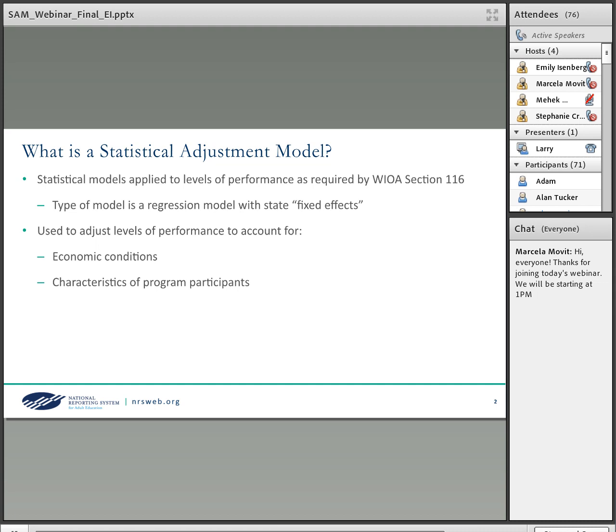What that means is, of course, there are certain variables we're going to really look at, listed here on the slide, like your economic conditions and characteristics of program participants. But every state is unique and has a set of characteristics that are usually unmeasurable or very difficult to measure. These are things like your policies or your delivery system, and particular characteristics that are fixed over time.